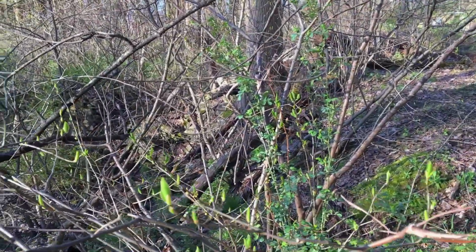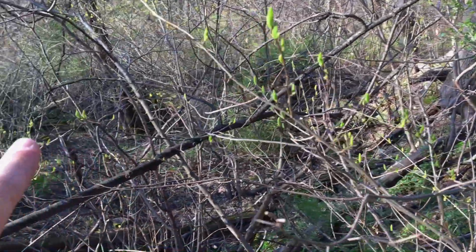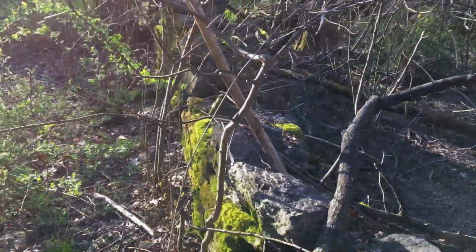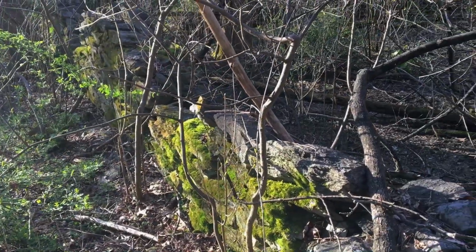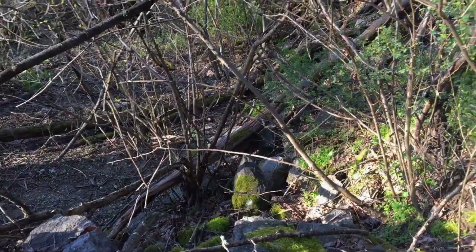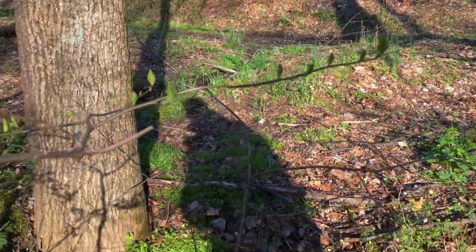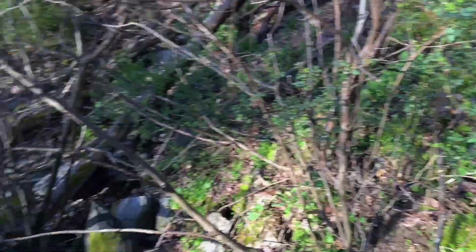See, I'm just walking along this road, and there's a wall there. And here's a wall. There was a whole little thing here. So whether it's like a retaining, I don't know. Looks like there's water coming off down into this now, but